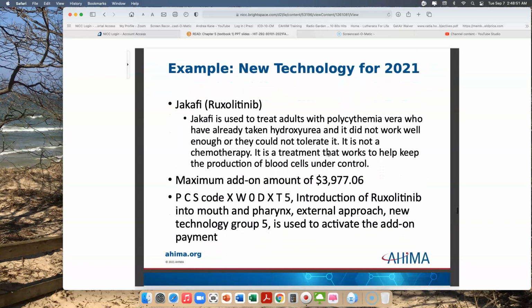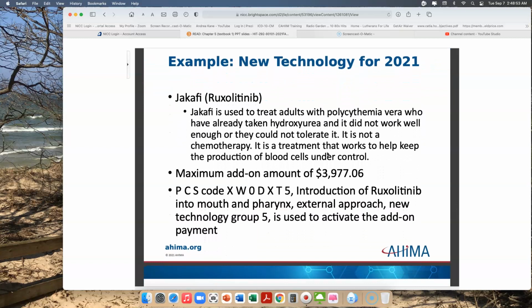So this just gives you an example of new technology for 2021. Jakafi, ruxolitinib. Jakafi is used to treat adults with polycythemia vera who have already taken hydroxyurea and it did not work well enough, or they could not tolerate it. It's not a chemotherapy. It's a treatment that works to help keep the production of blood cells under control. The maximum add-on amount is